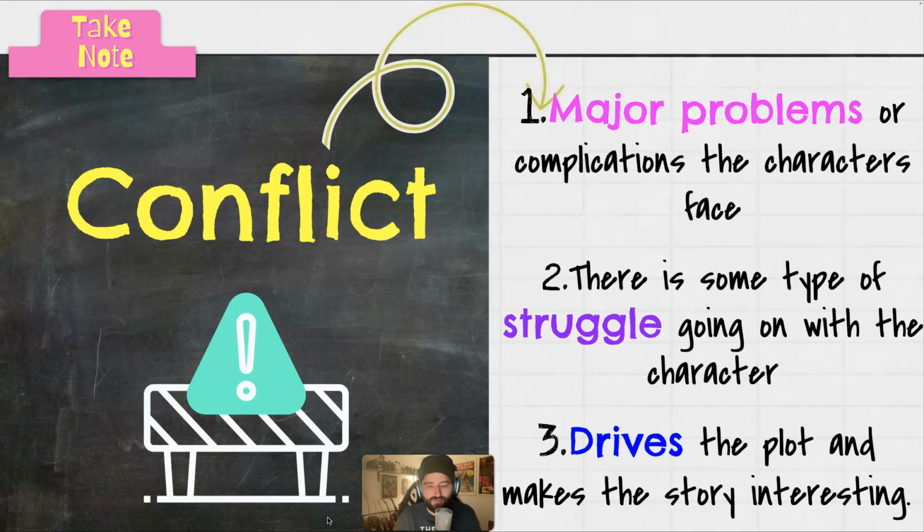So with that main conflict, you have a beginning, a middle, and an end. There are minor conflicts that really don't go anywhere, right? You got into a fender bender, or you didn't have enough money at the store to buy something, or you didn't eat dinner that night. These are like minor conflicts. The major conflict is, somebody kidnapped somebody that you're really close to, and you need to find out who that